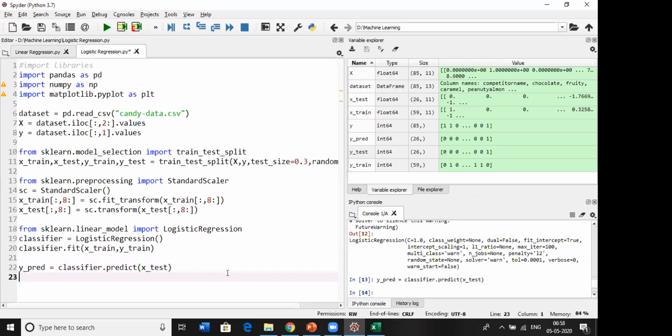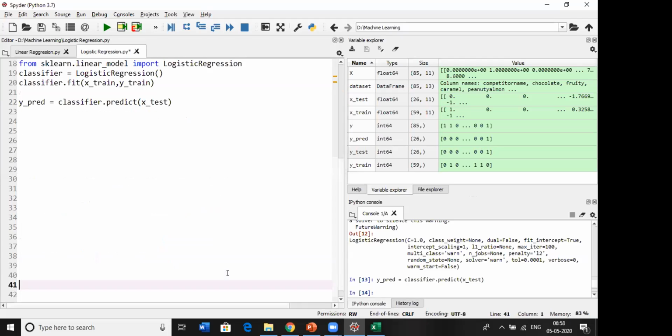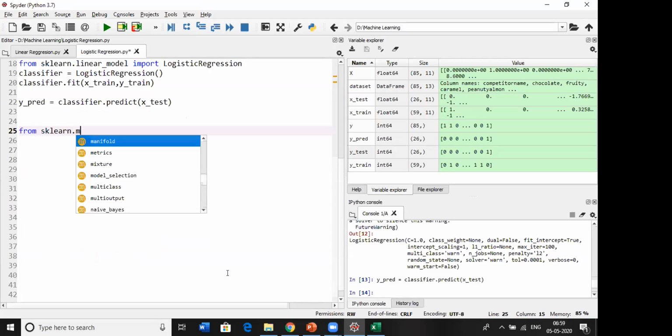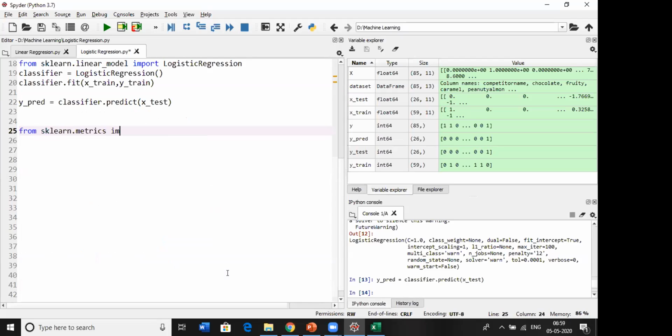First we need to create a confusion matrix. For that, we have a function called confusion_matrix inside the sklearn metrics library.